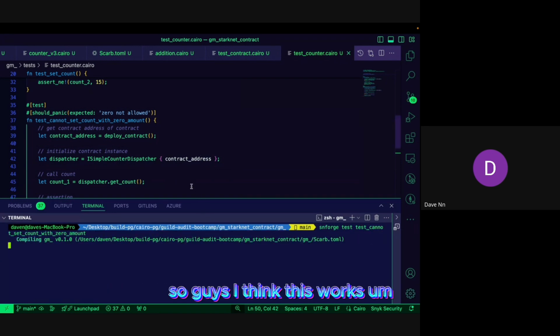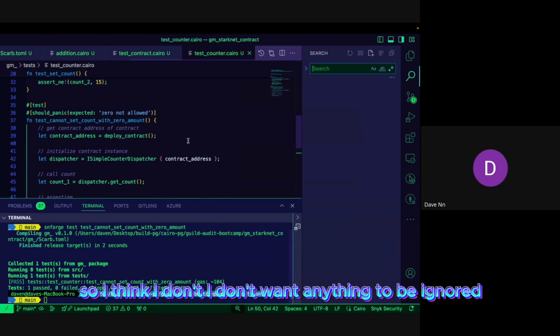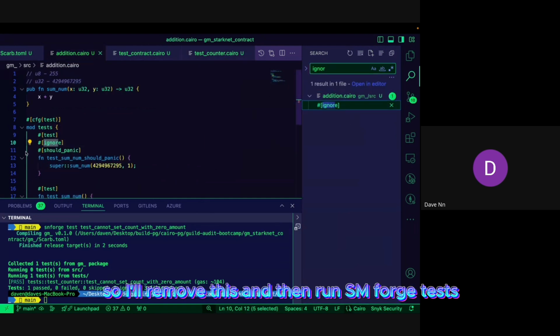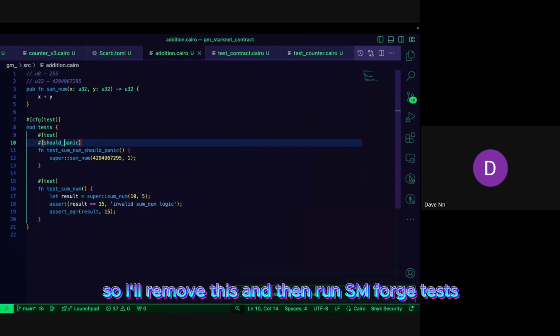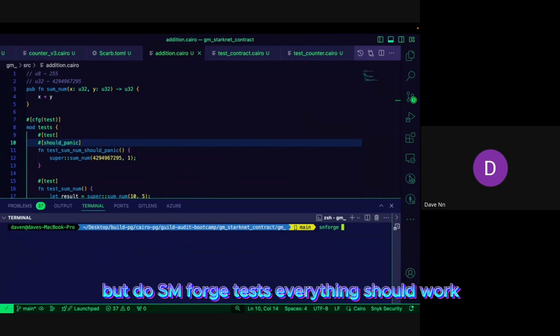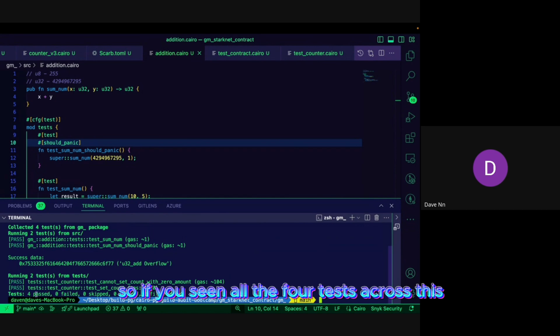So guys, I think this works. I think if I want to run all the tests, I don't want anything to be ignored. I think I have ignore here, so I'll remove this and run snforge test. If I do snforge test, everything should work. So if you see all the 4 tests across multiple files in this particular project, they are all